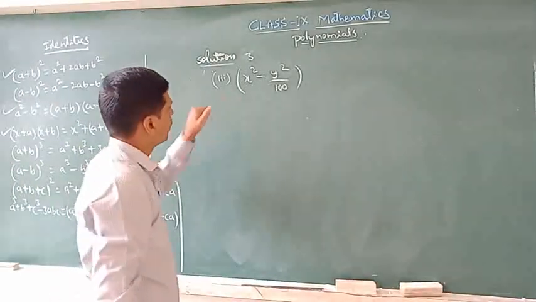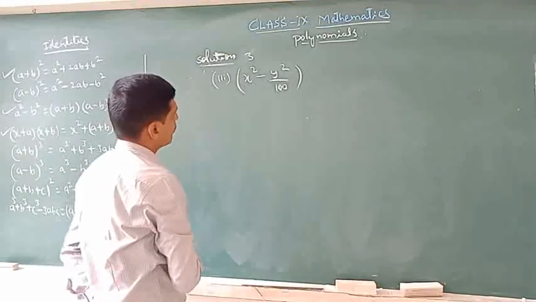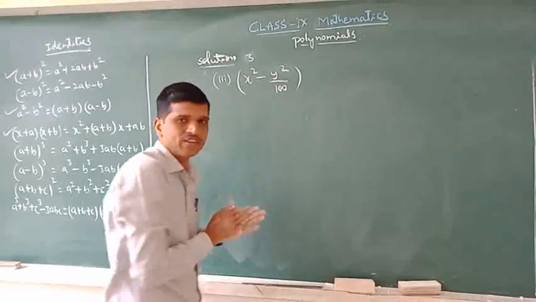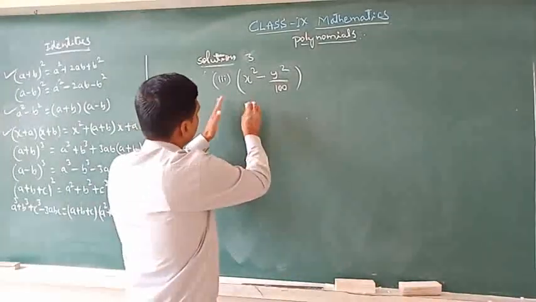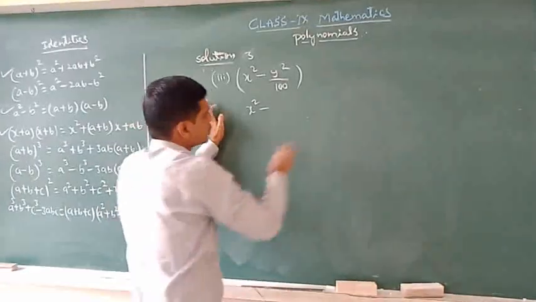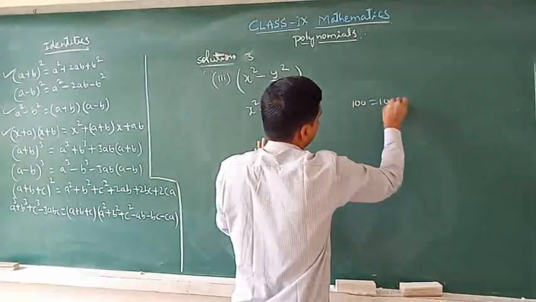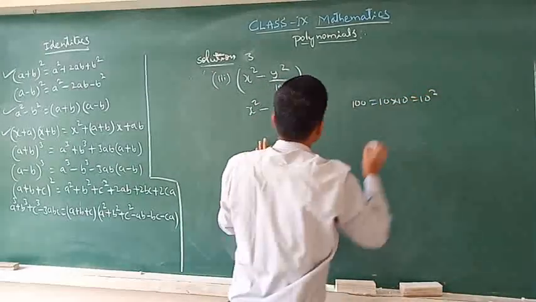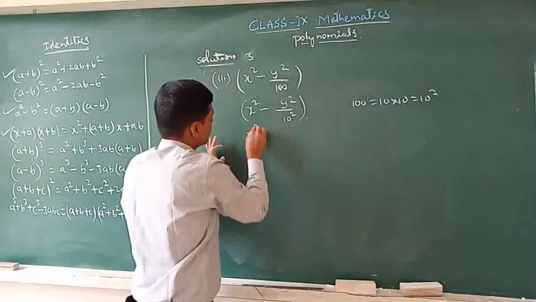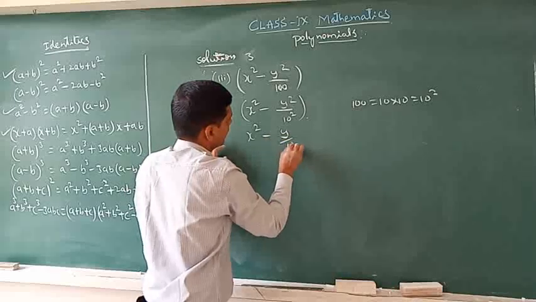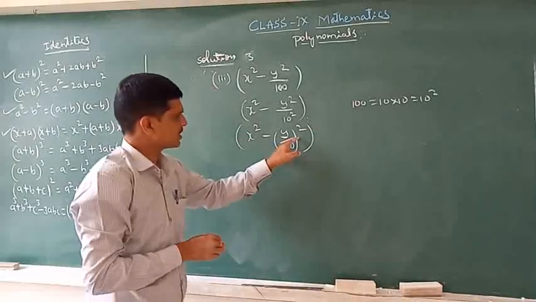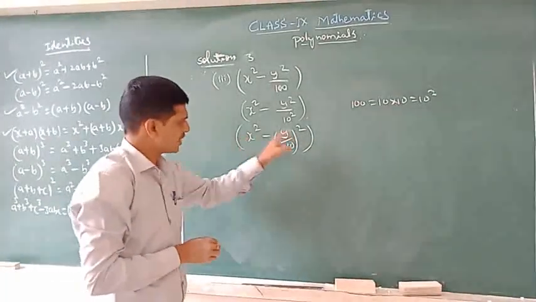In the same way, I will take the third one also. Now, if it is possible to simplify, you can simplify or write in the standard form also. Suppose it is a standard form binomial with the term x square minus y square by 100, which means it is a perfect square number. You know that 100 can be expressed as 10 into 10, that is 10 square. So that is why I would like to write y square divided by 10 square. Otherwise, you can write y divided by 10 whole square. Now compare this whole term x square minus y square with a square minus b square.